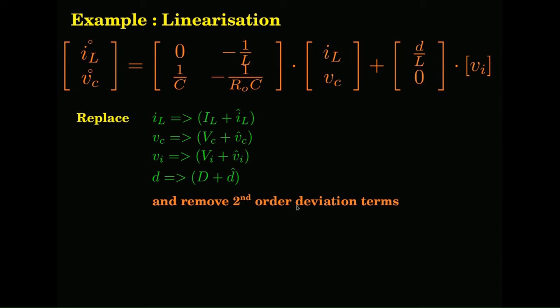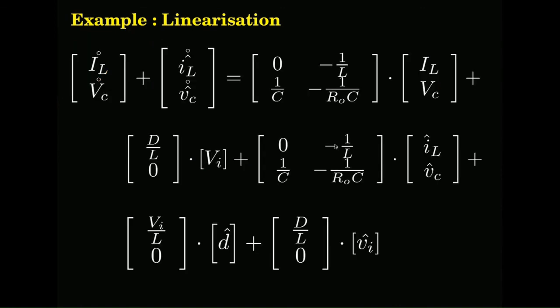Then remove the second order deviation terms after you do the simplification. So, you take for example here, this will be D plus D hat, Vi plus Vi hat. Okay. So, you will have 4 terms: uppercase D, uppercase Vi, lowercase d hat, uppercase Vi, Vi hat, uppercase D, and then the lower case terms, which is d hat, Vi hat. So, the d hat, Vi hat term you will remove, you will not use it. That we saw in the last example, how we do that.